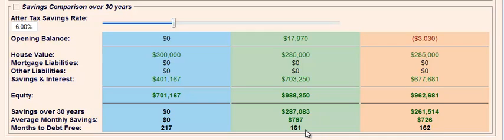So only about a 1 month difference there, but you can see the difference over time because of compounding, 797 versus 726. So in this scenario, I would clearly go with this particular option. I could tell the client, in both of these scenarios, we're going to increase your wealth by over $250,000. But in this scenario, we're going to save you an average of $787 a month and put you in a